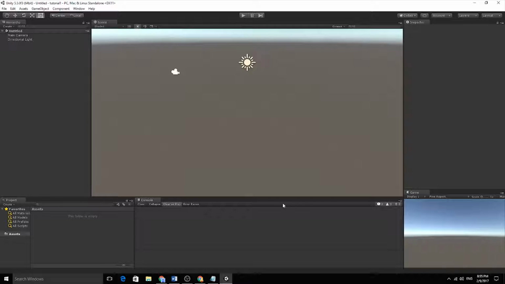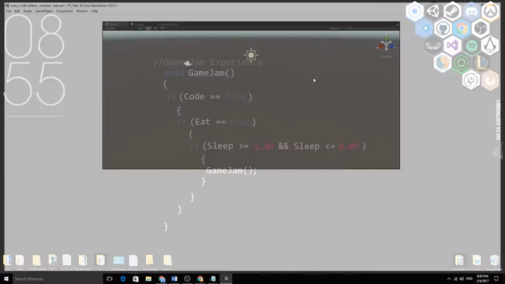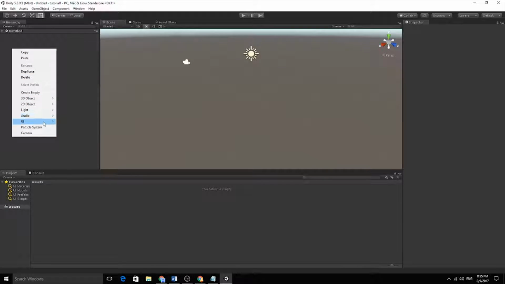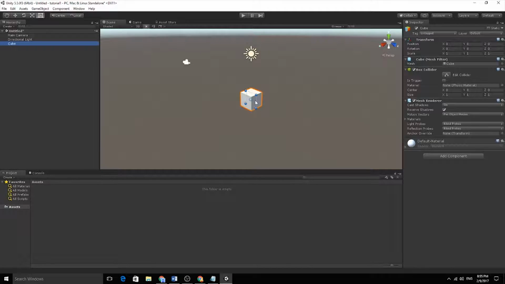So well, this is actually my layout, the one I usually use while coding or while using Unity, but you're probably going to get something like this. So first of all, the tools we can see in Unity are pretty basic. There is the move tool, which allows us to move. Well, you know what? I'm gonna show you this using the game objects as I was telling you. So we're gonna right click, create 3D object, and we're gonna select the cube one. So we have it in here